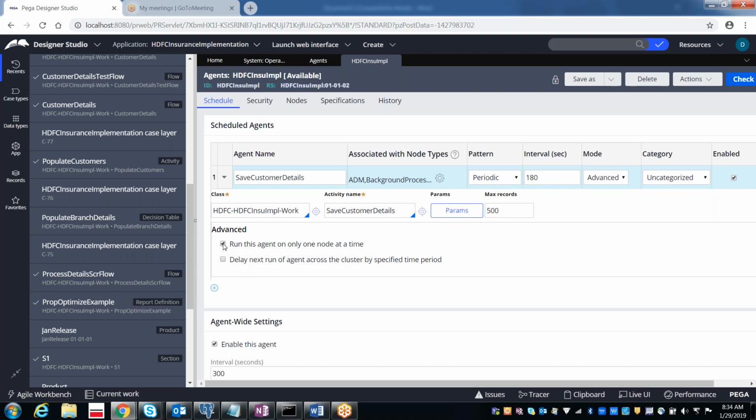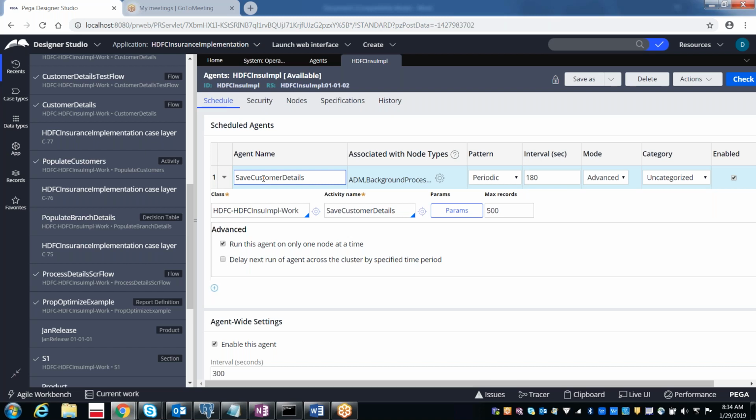But if you want to send an email notification, as I said, every day morning I want to send an email notification to all the customers saying this is the balance amount in your savings account.